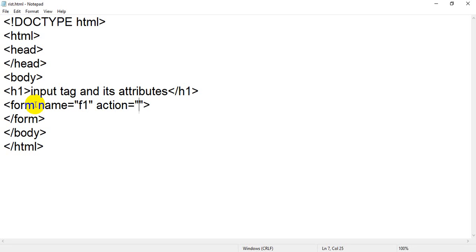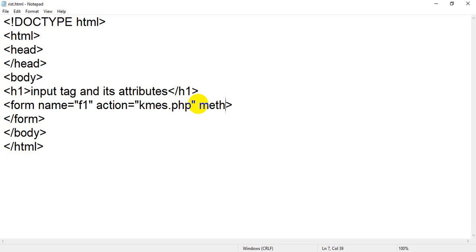Action is an attribute which is used to transfer form data to the destination. So in action I am going to write the destination, for example kms.php. What is kms.php? kms.php is a page name where the data of this form will be transferred when the user submits the form.